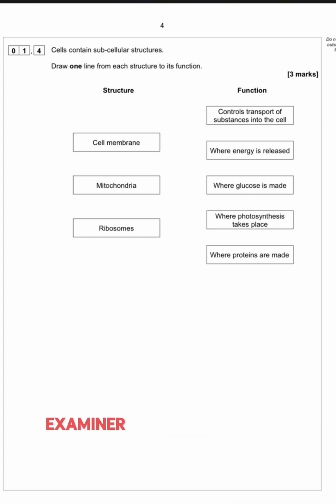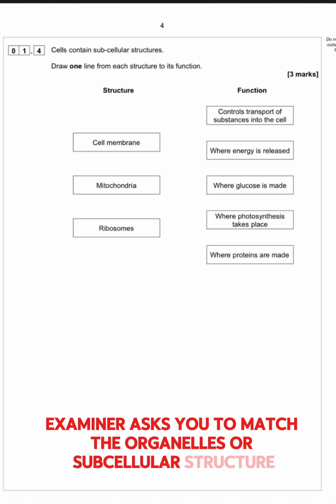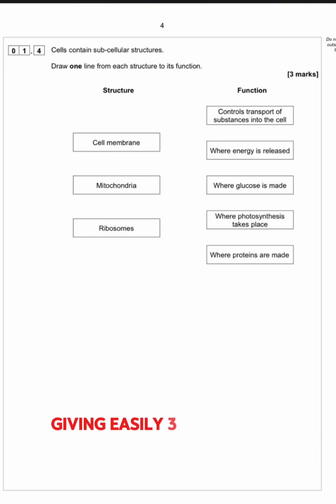Here you can see the examiner asks you to match the organelles or subcellular structures to their respective functions, giving easily 3 marks if you could link structure with function. If you take a look at the question itself, the examiner asks you to match the functions in this part 1.4. If you read the first option, which is cell membrane, you must immediately know that the cell membrane controls transport of substances